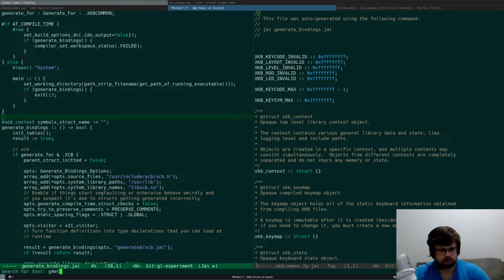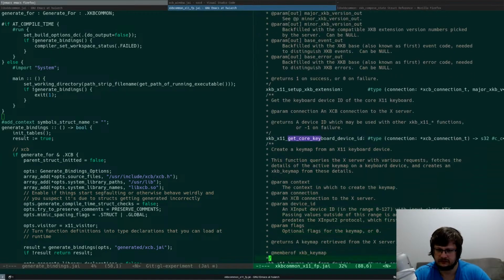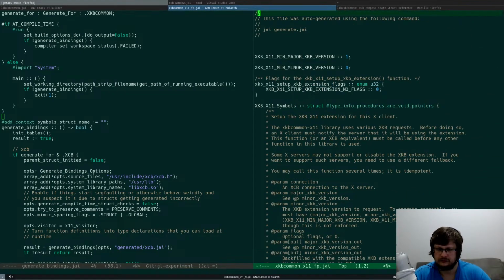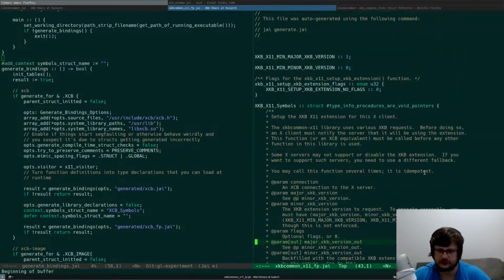Yeah, it's xkb common x11. This is also very small. Let's just copy it all to